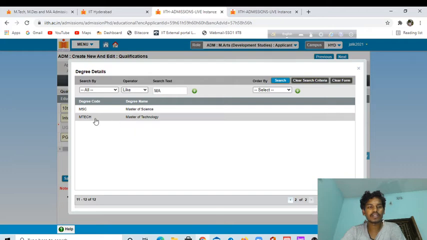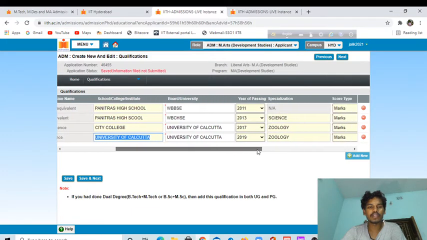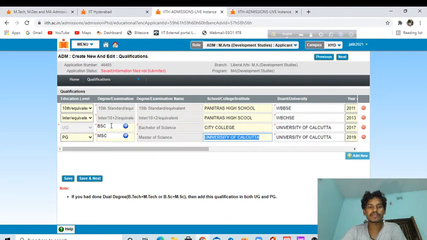So, the students who are from an MTech or MSc background can put this. I have done MSc, so I have put this. It was my university. You have to put it according to your university, whatever the college. If you are a BA background candidate, you can apply up to this section.